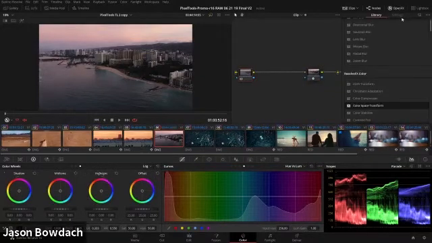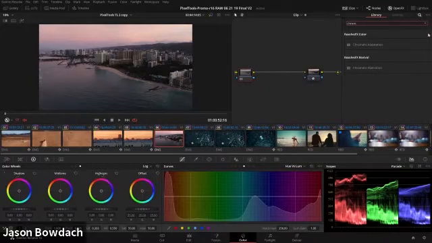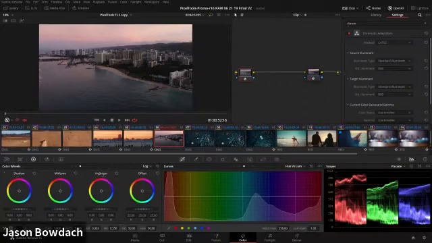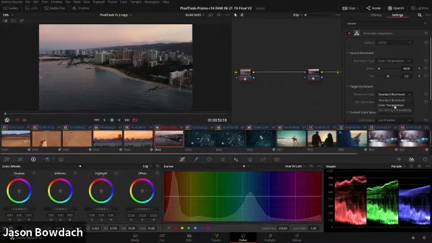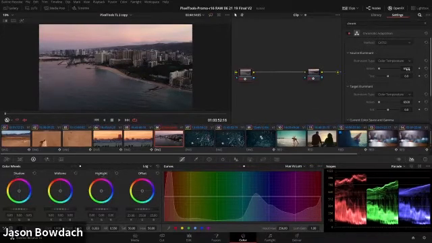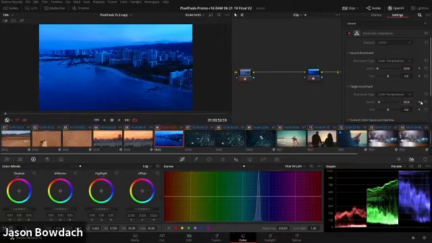So in this case, I'm going to use something called the chromatic adaptation. Now, this sounds really, really complicated, but once you see what I'm doing here, it will all make sense. Basically, chromatic adaptation is a mathematical way to change color temperature on non-raw clips. So all of a sudden, I can say this was shot at, I'll say this is maybe like 3,200. And I want to move it to like 5,000.